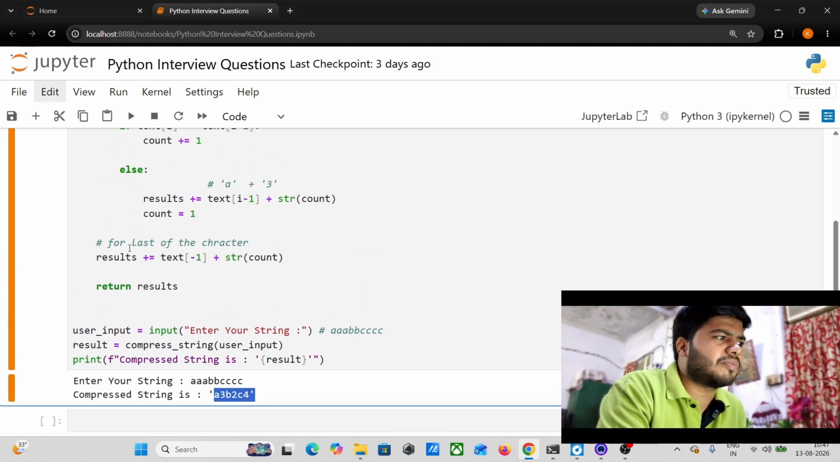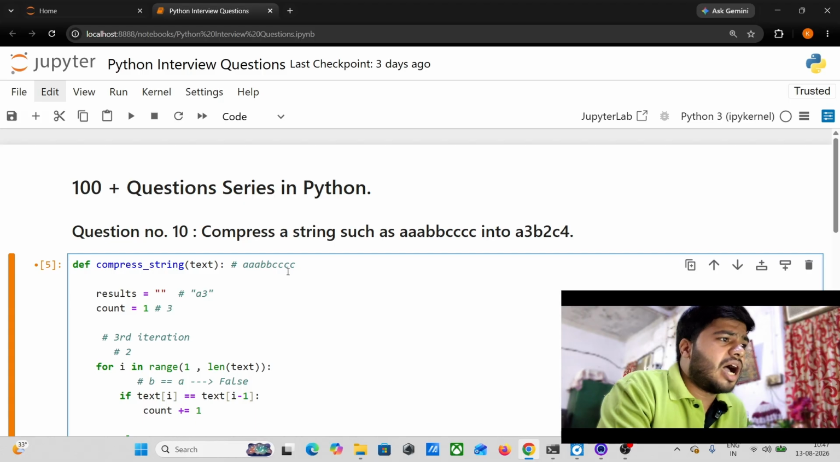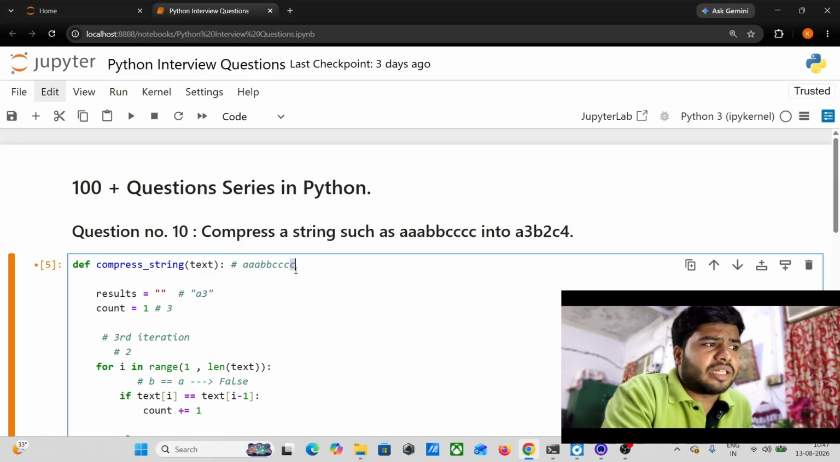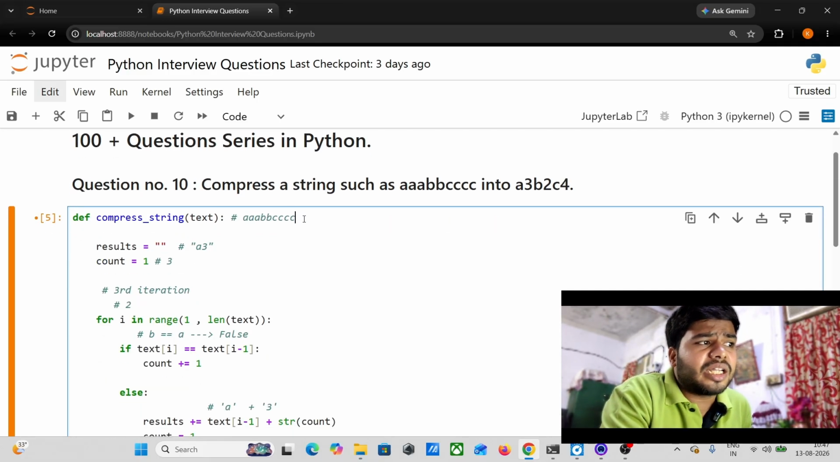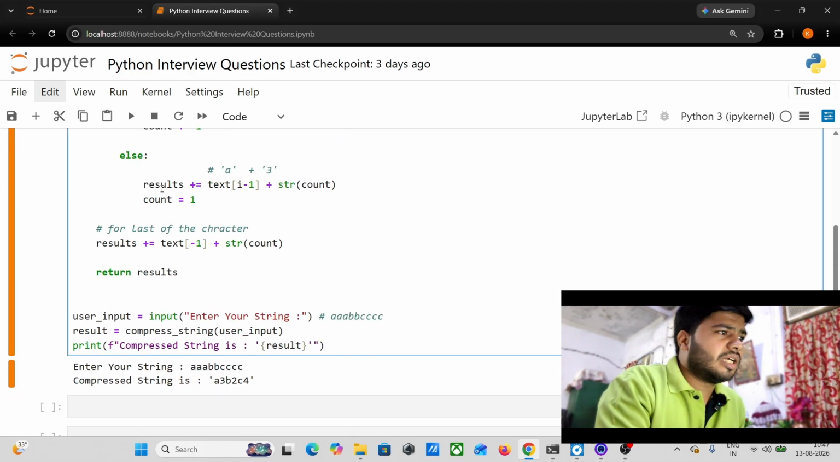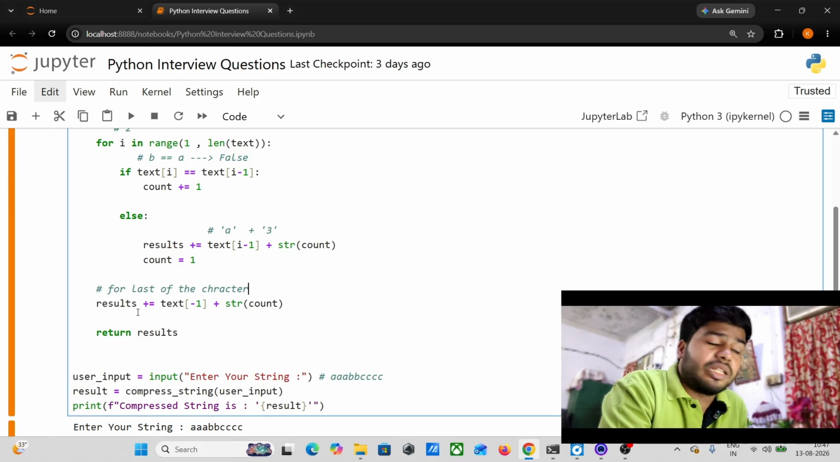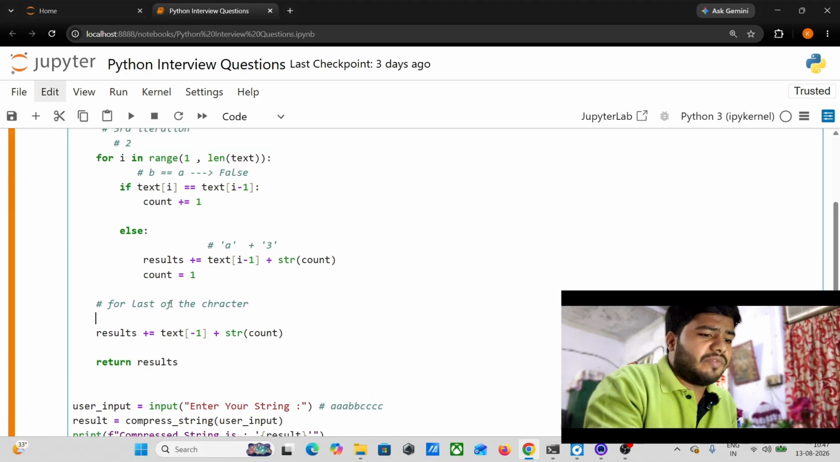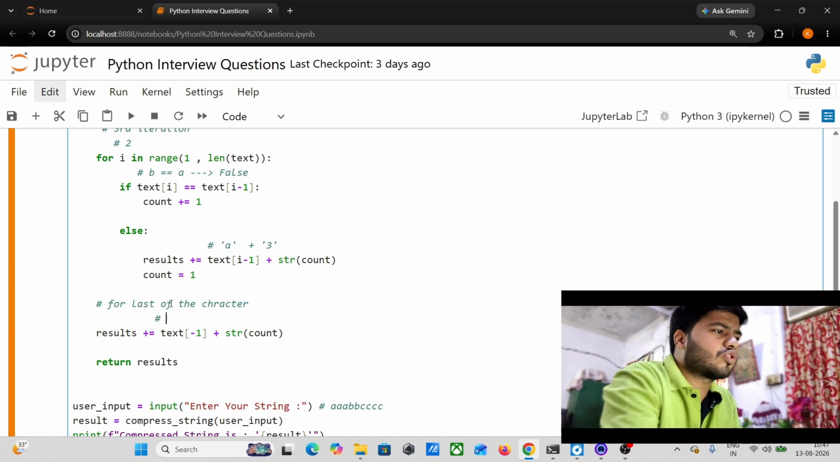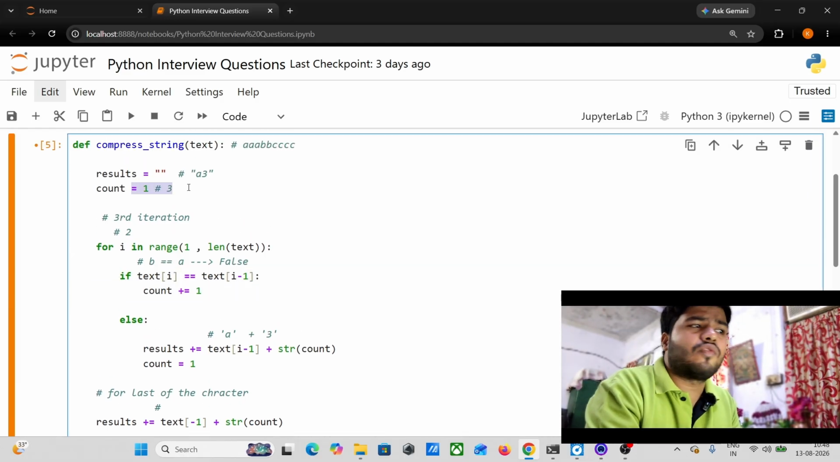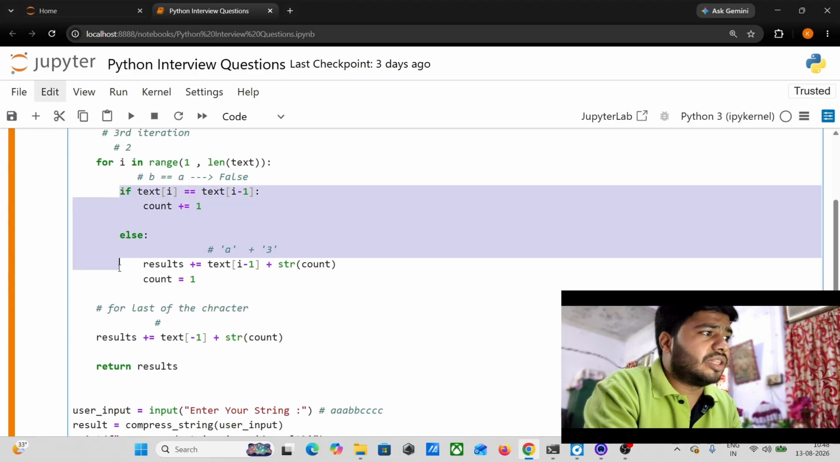One thing I am also explaining here is for the last character. After each iteration, it will reach the end of the characters, but at the end there is no character present. So what it will do is, outside this for loop condition, it will add this last character value, whatever the last character value is. After initializing my count value, whatever the count value is available,